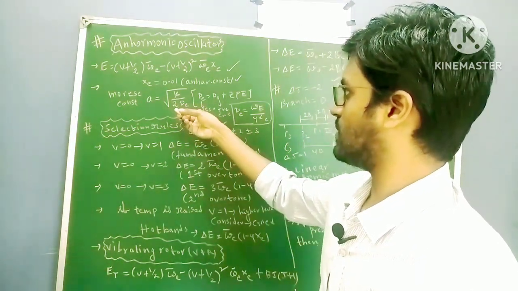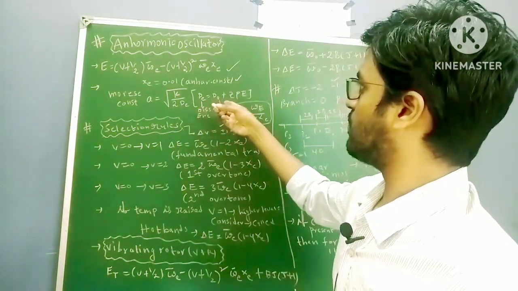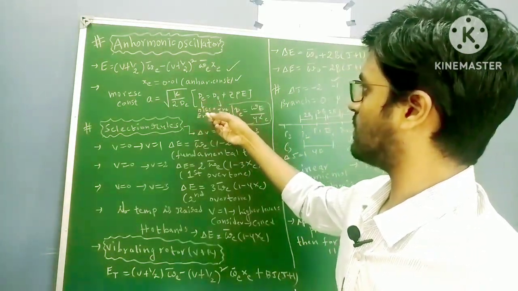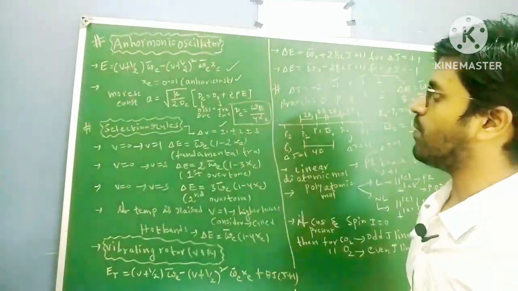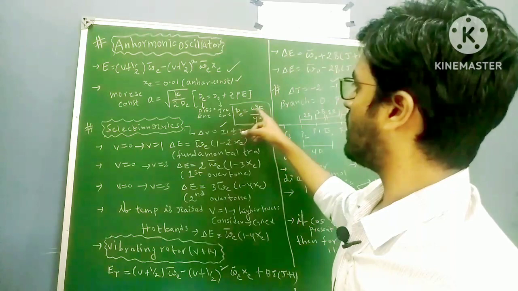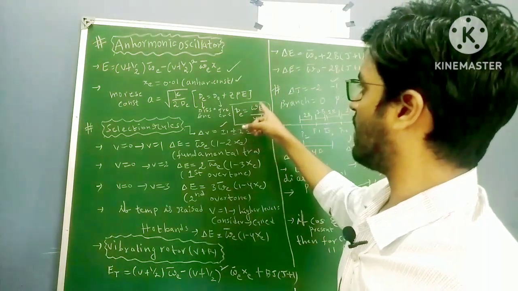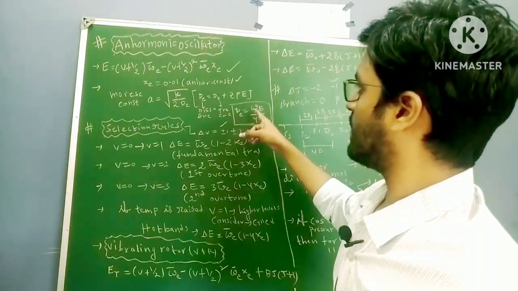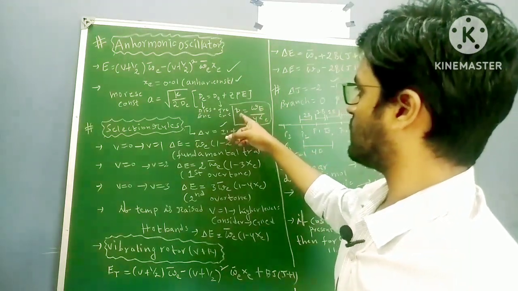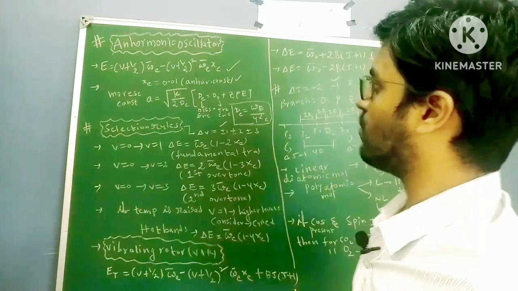Okay, dissociation constant. Next, dissociation constant dE equal to d naught plus ZPE. That is, dE is nothing but dissociation energy, d naught is nothing but true energy, it is nothing but zero point energy. Okay, so this dissociation energy, again we have one formula, omega E by 4xe. You have to know, I have already given the formula for calculating omega E, right? Dissociation energy dE equal to omega E by 4xe.